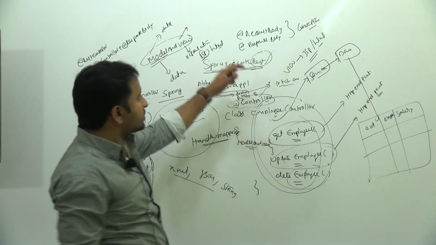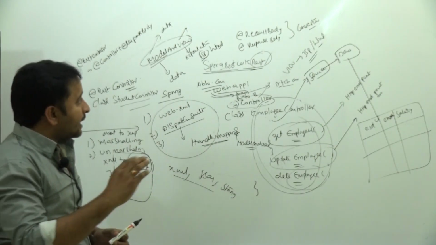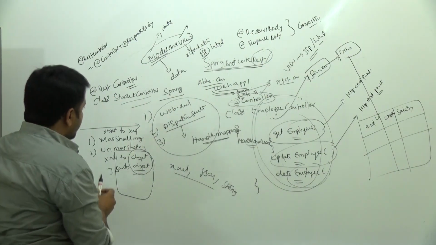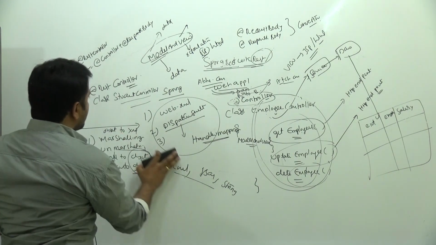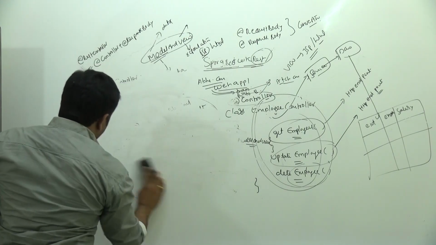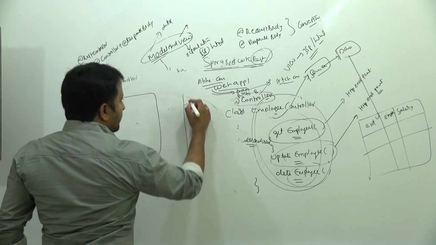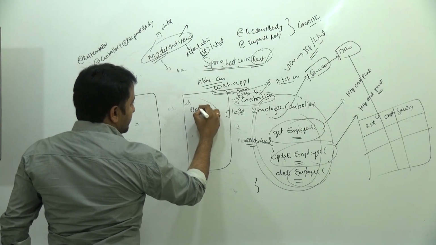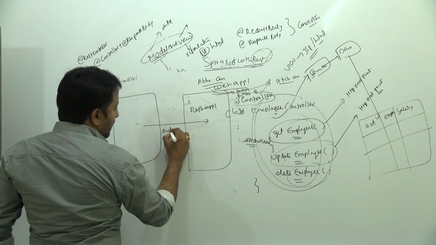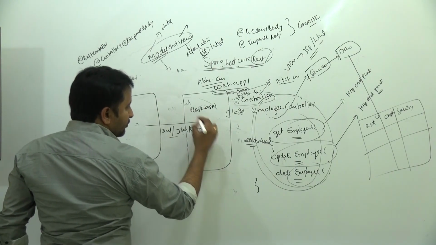RequestBody and ResponseBody, these two are annotations. What do they do exactly? If you take RequestBody, for example, from the client, which can sometimes be a browser also, the communication is happening like this. Here our application is running, this is our REST application, and we are sending some data to it. How many ways can we send data? We can send XML data, JSON data, string data, any data.